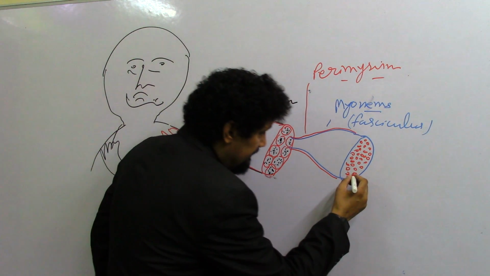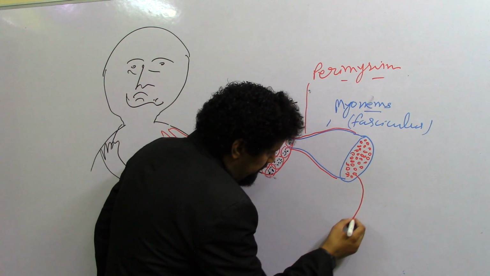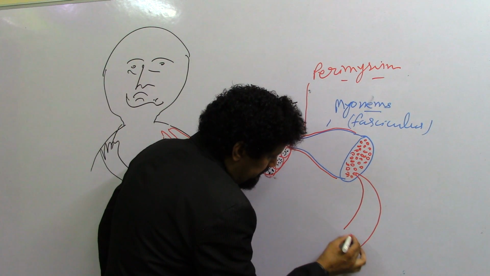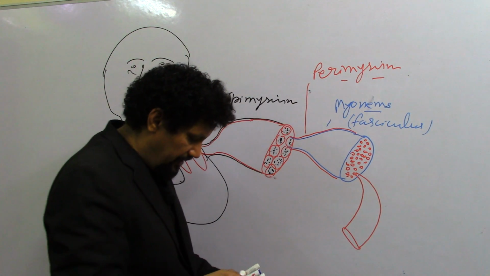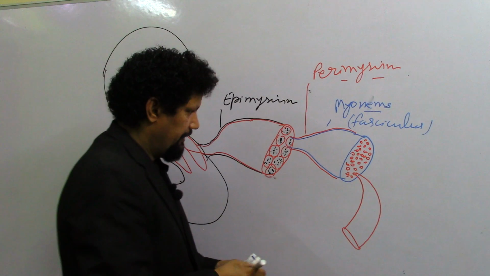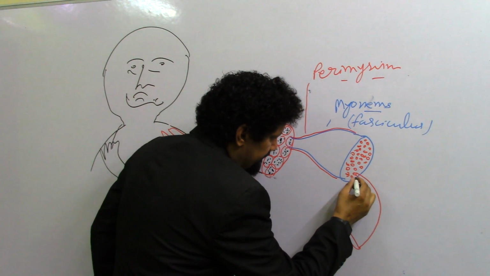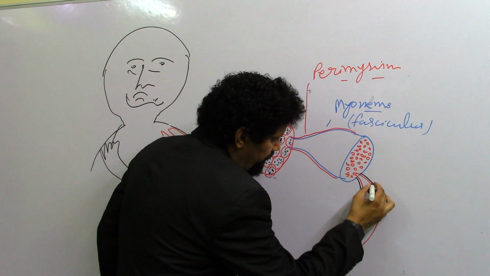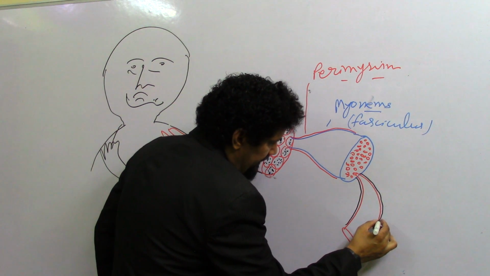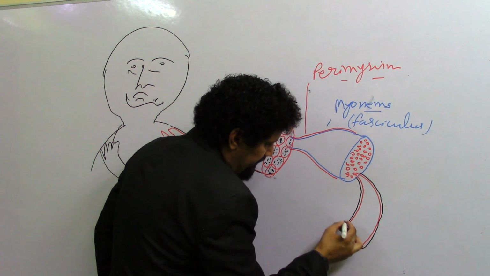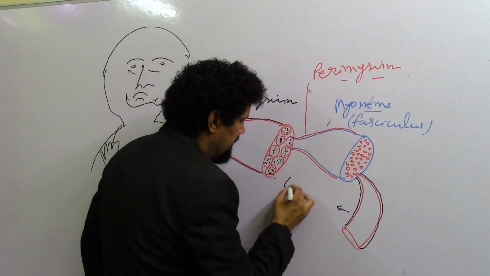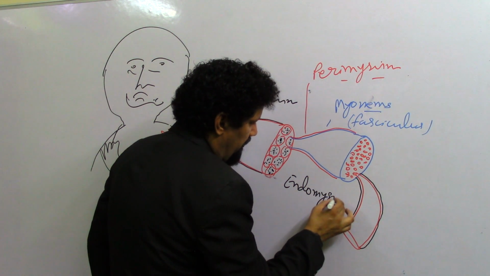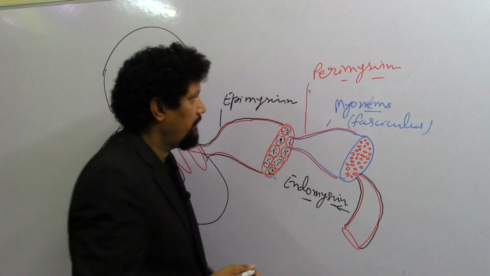and a single muscle fiber is covered by a thin, delicate sheet of connective tissue. It is encircled by a delicate layer of connective tissue known as endomysium. So,